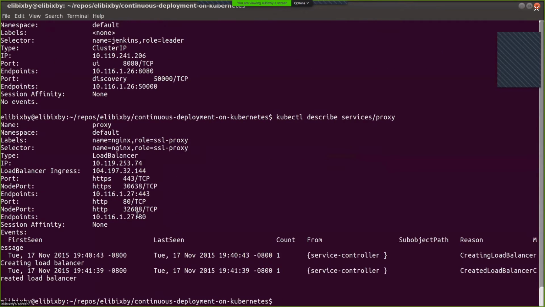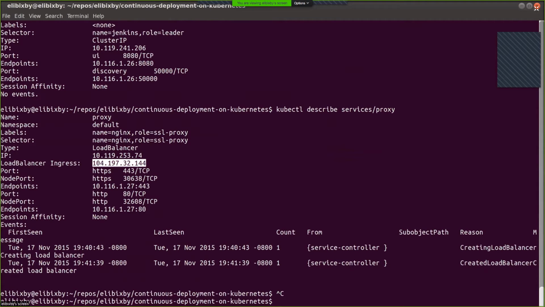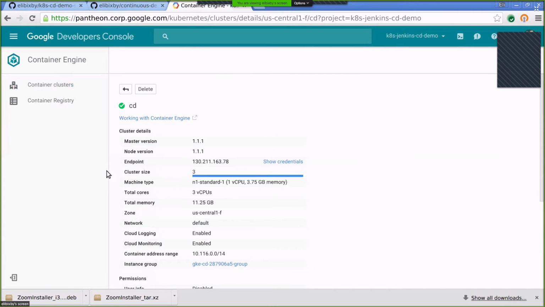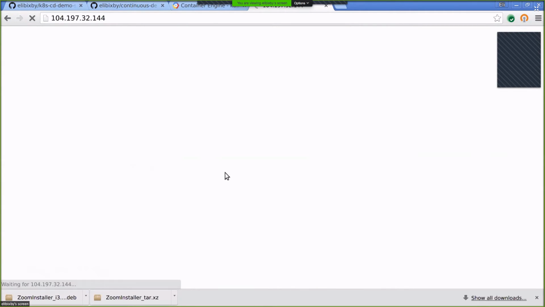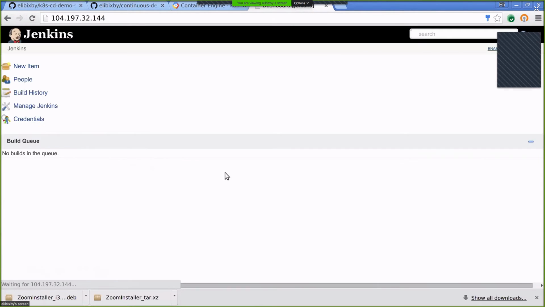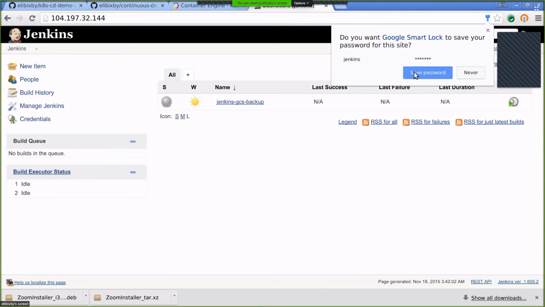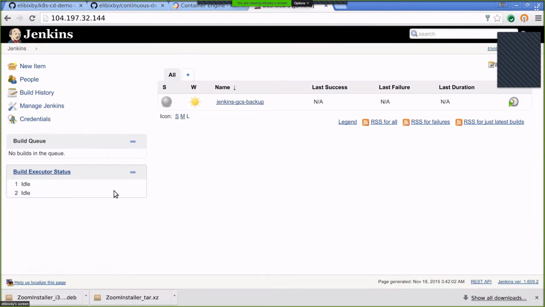If we look here, we'll see it's creating a load balancer, and hopefully, if we go to this IP, we'll actually see our Jenkins server. It's a password. Great. So here's our Jenkins server.